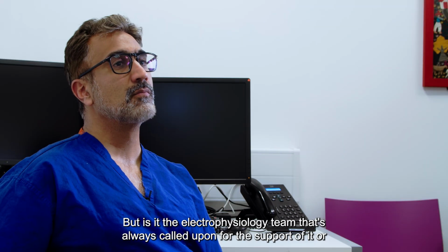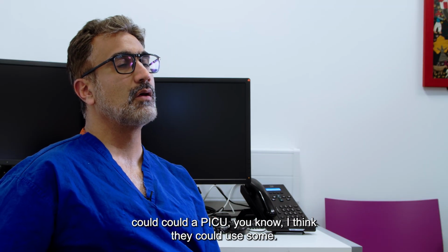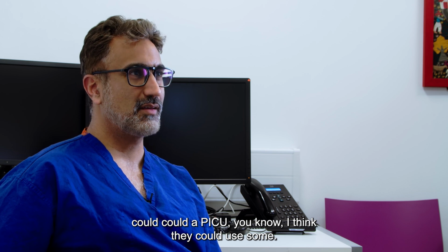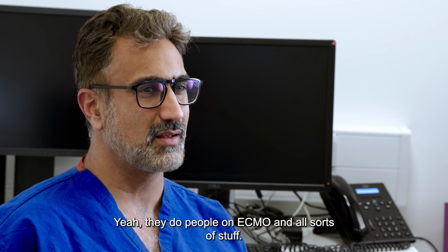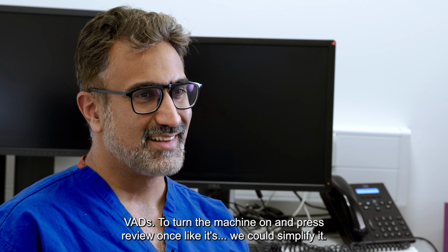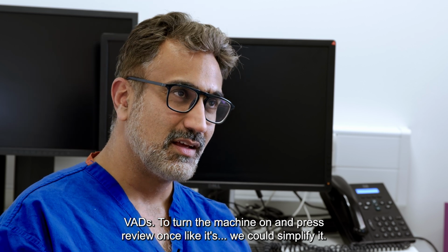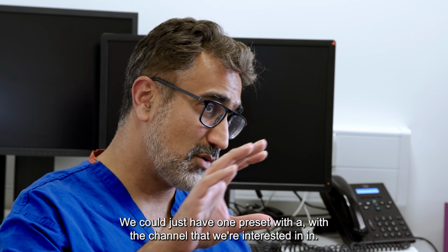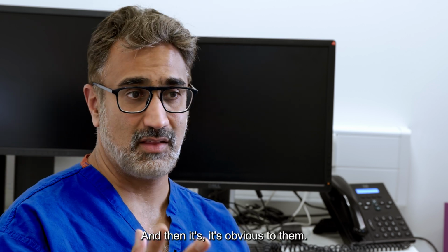But is it the electrophysiology team that's always called upon for the support of it, or could a PICU cardiologist? I think they could, right? They use pretty complex stuff in there, don't they? Yeah, they're putting people on ECMO, they're doing all sorts of stuff. So to turn the machine on and press review, we could simplify it. We could just have a preset with the channel that we're interested in,